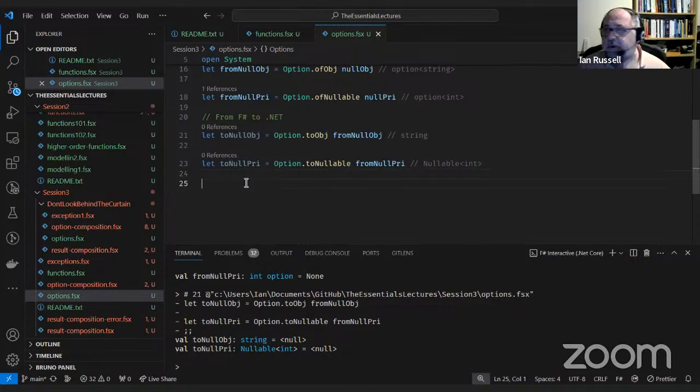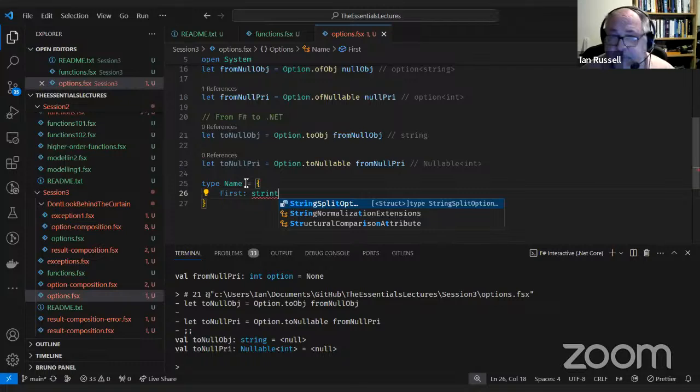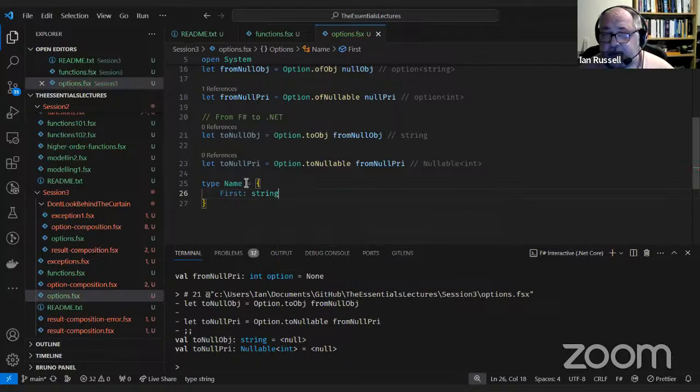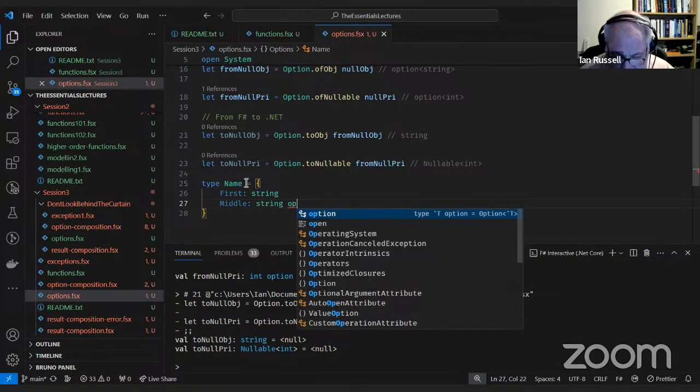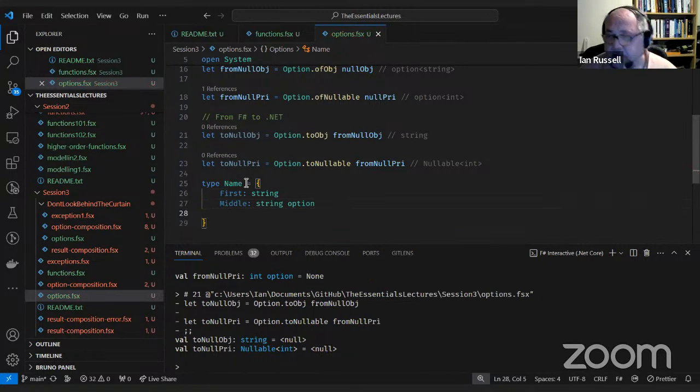So other uses for option, well, anything you'd use null for. So if we had, for instance, a name, a simple record type, first would be a string. May not have a middle name, so we can use a string of option.